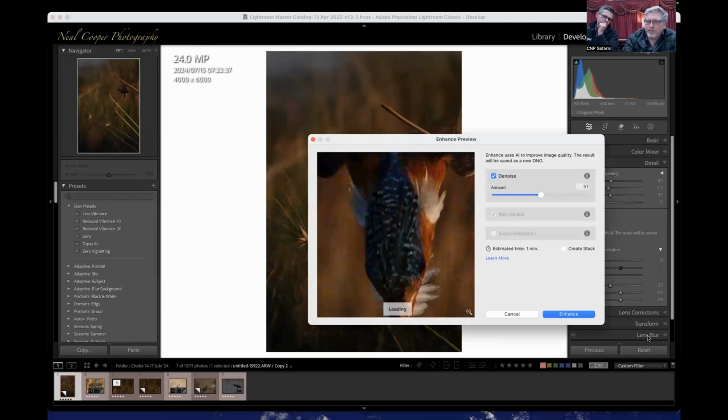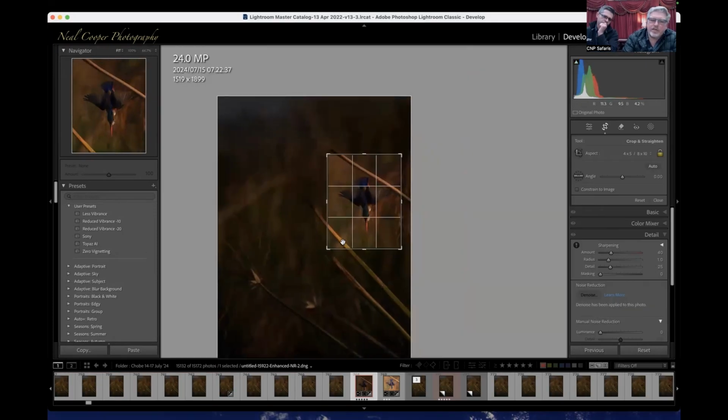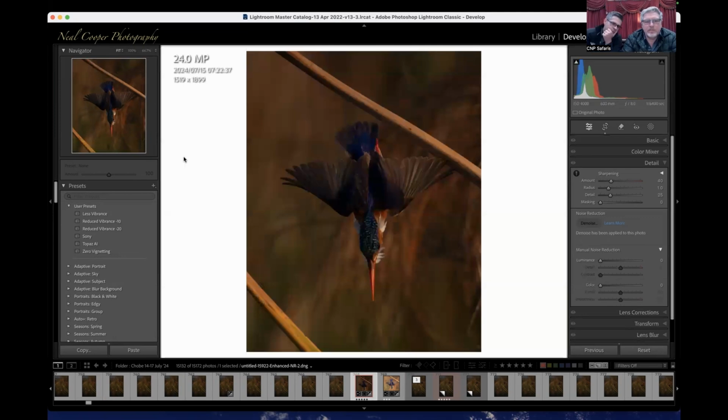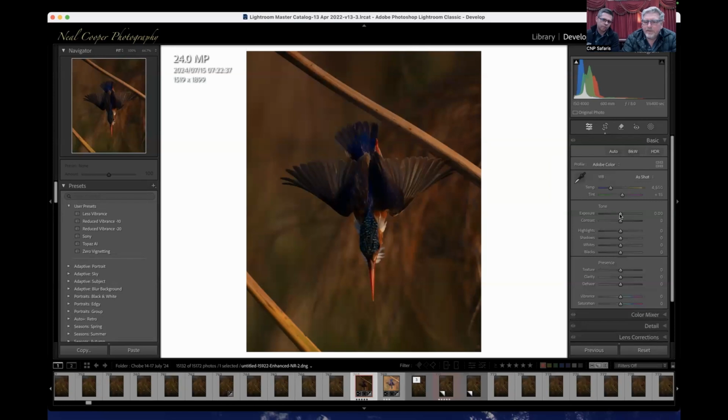I'm going to use that 5x4 crop. We'll move this one around now. Let's just try something like that. You can see in the overall size of the total image, it's cropped quite significantly. Go basic